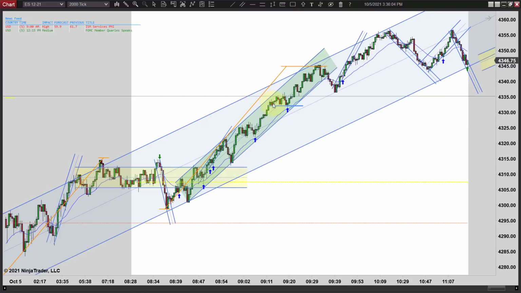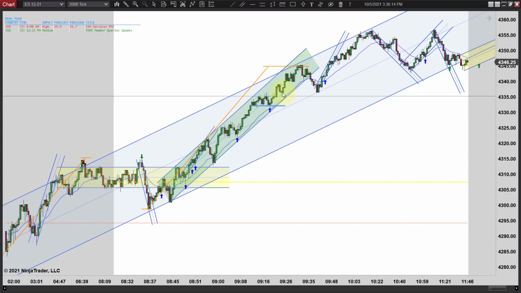And then we come up here and we're just working sideways. You test that support once, twice, three times. Nice signal bar. Just go long there. There's a higher low here, but I don't see a reason. I mean, it is a little pullback, but I'd want to see it test that again because it could have come on back to the trend line. It doesn't. It takes off.